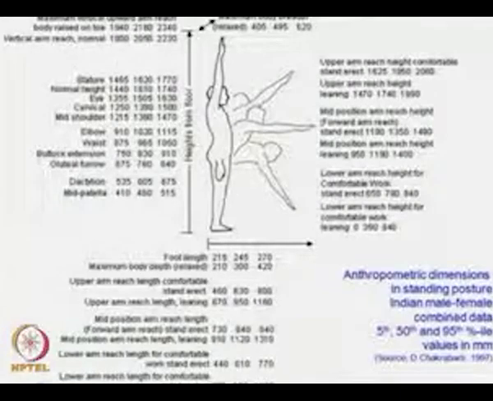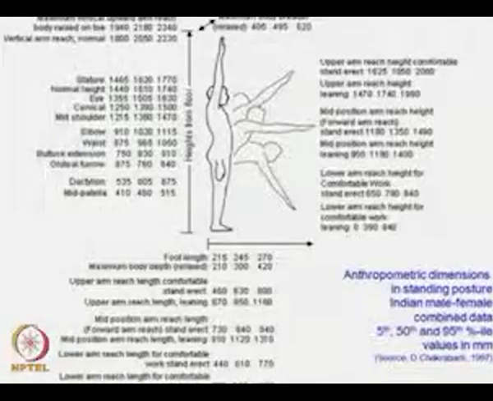So, for general dimensions, now whatever we are discussing, it requires some dimensions, so where are these dimensions available? In this slide, some specific anthropometric dimensions are provided for male and female combined data. Here 5th, 50th and 95th percentile values are provided, and all the terms are given on this side. All measurement values are in millimeter, and some of the data are presented here, but